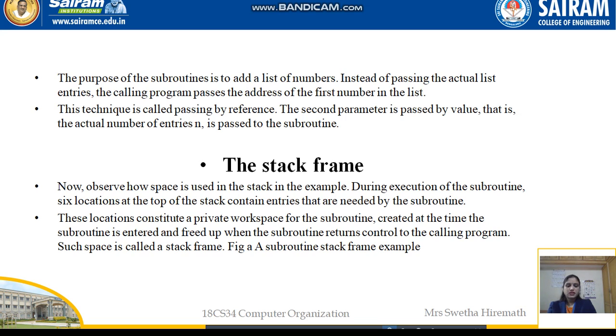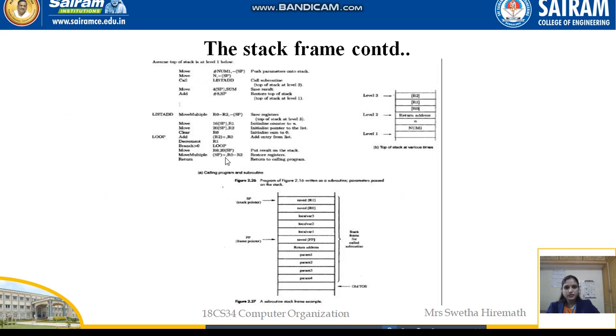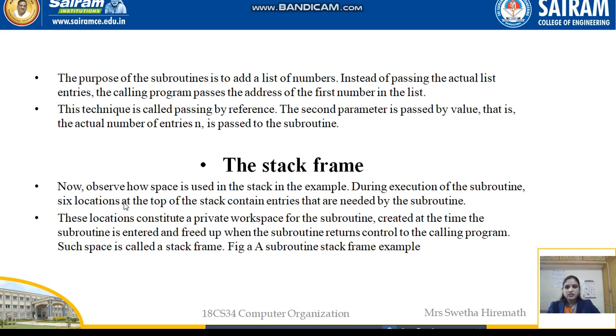So here we can see one example of how the subroutine and the stack frame work. Observe how space is used in the stack in the example. During execution of the subroutine, 6 locations at the top of the stack contain entries that are needed by the subroutine.